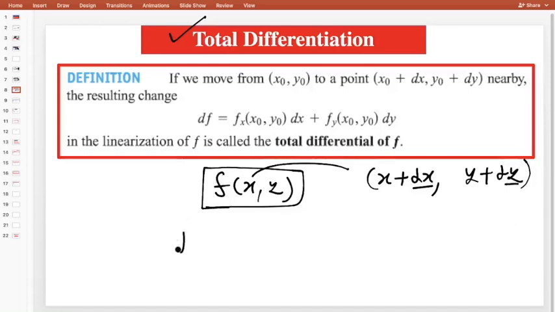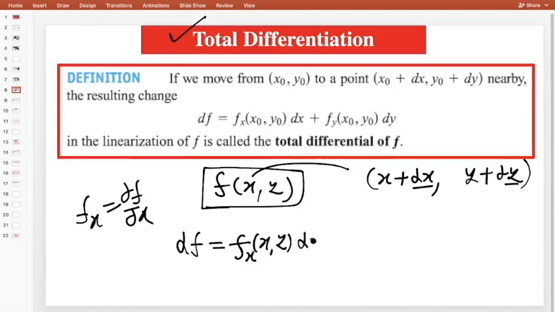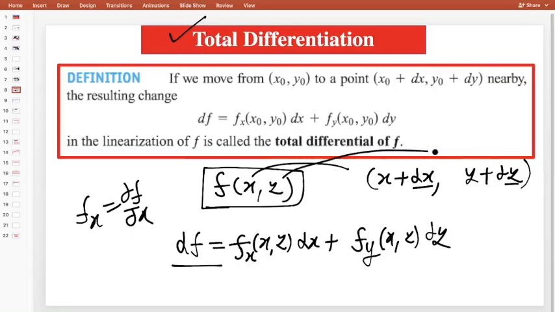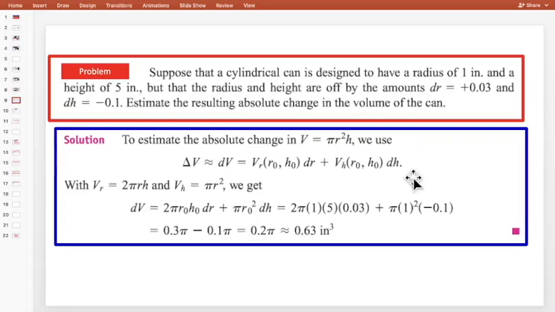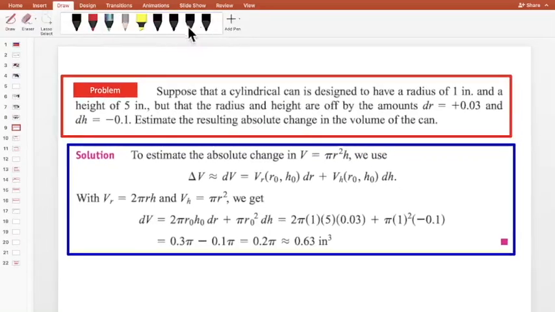Let's suppose df is given, we can first differentiate this function with respect to x partially, meaning fx. Fx means del f by del x. First we differentiate this function partially with respect to x and multiply by dx, plus in the similar way with respect to y, fy times dy, right? So this is called the total derivative. If x changes to x plus del x and y changes to y plus del y, then what is the total change? Now we see one problem. By this problem everything will be clear. Now see here what they are asking.